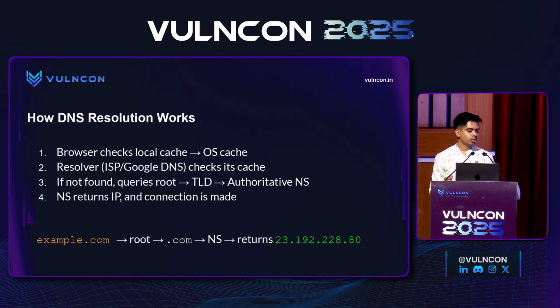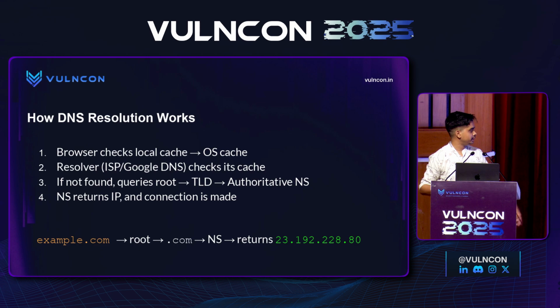So now your operating system or your machine will ask the DNS resolver for the IP address of that domain. The resolver can be your internet service provider's DNS resolver, or you can use Google's DNS resolver, that is 8.8.8.8. After that, the DNS resolver sends the query to a TLD root name server. We have 13 root name servers available. The root name server does not know the IP address of the domain, but it points you to the actual domain's name server. And from there, the name server gives you the IP address.